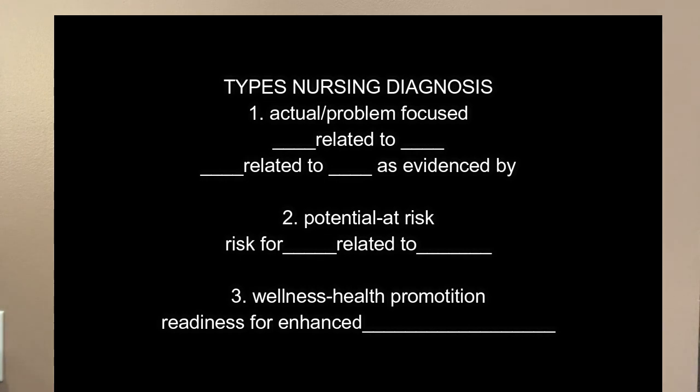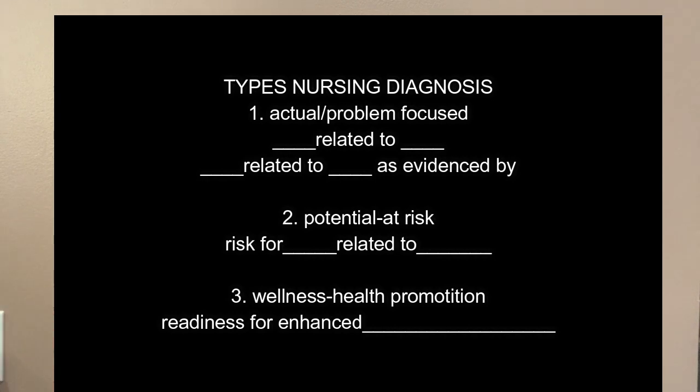Then we go on to our risk. Our risk is 2 parts. It's going to be risk for blank related to blank. So the risk for is going to be, what are they at risk for? Pressure ulcers, activity intolerance. Related to, so that's going to be your signs and symptoms or your risk factor. What makes them at risk for that? So risk for pressure ulcers related to immobility, or risk for activity intolerance related to unable to walk on the